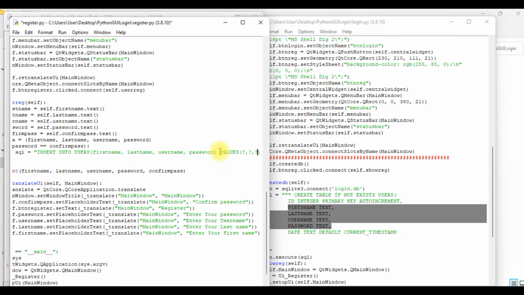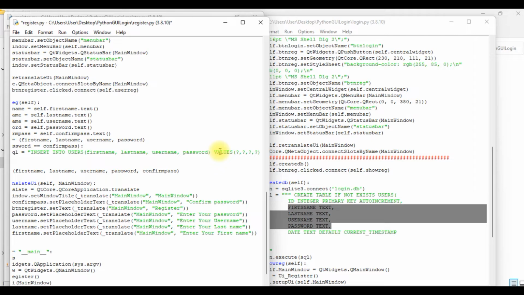How many are we putting there? 4. 1, 2, 3, 4. Each represents the first name, last name, username, and password. Those are the things we are going to put here. So those values are already inside our